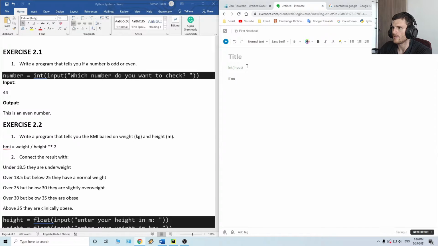If number... let me see if I make a variable with the name rest. Let's just say rest. And I say here number remainder of